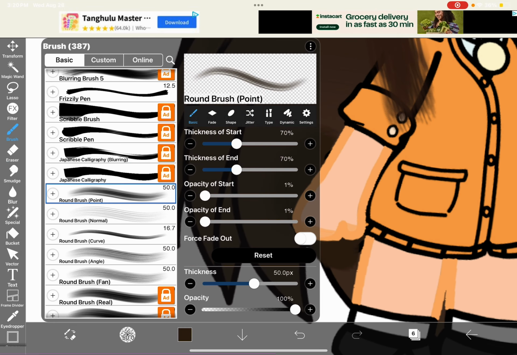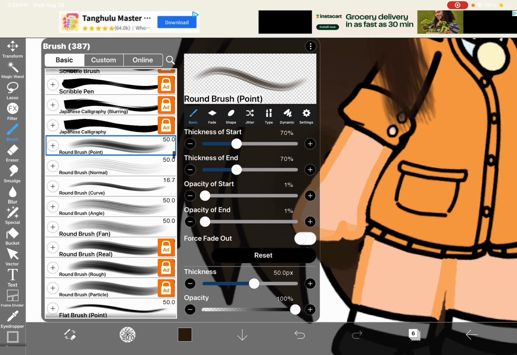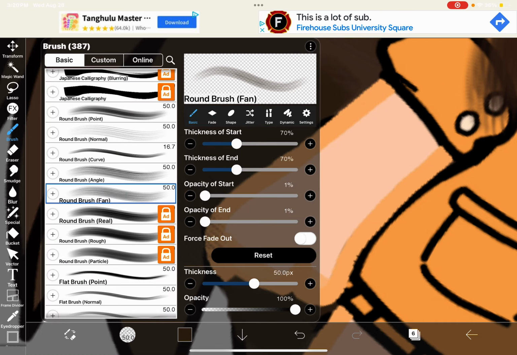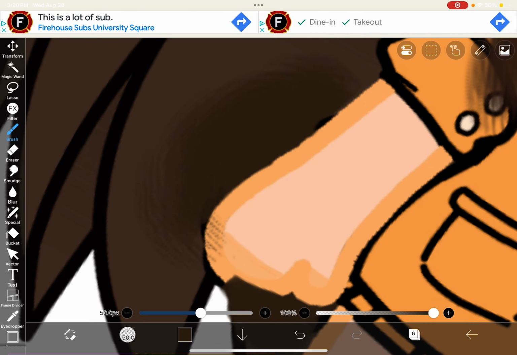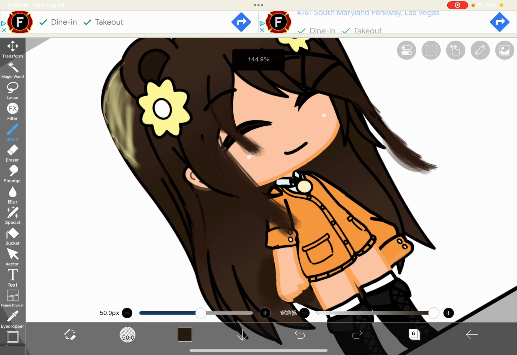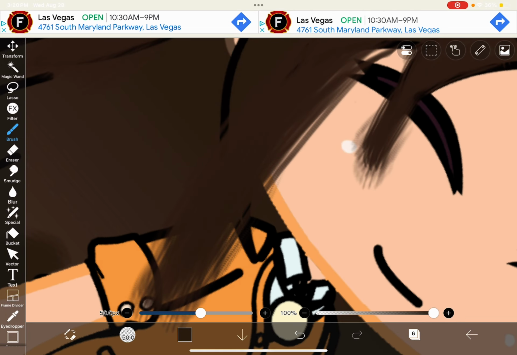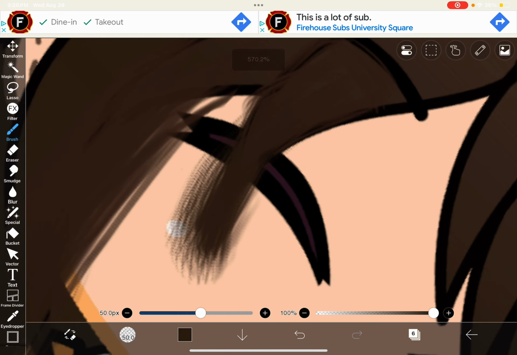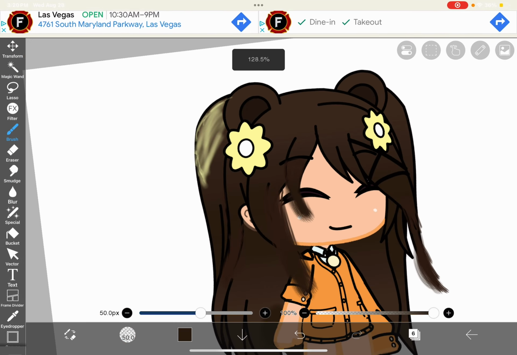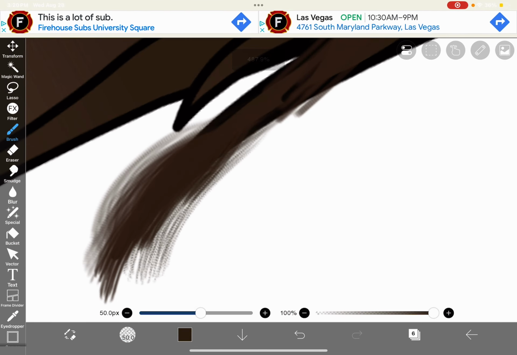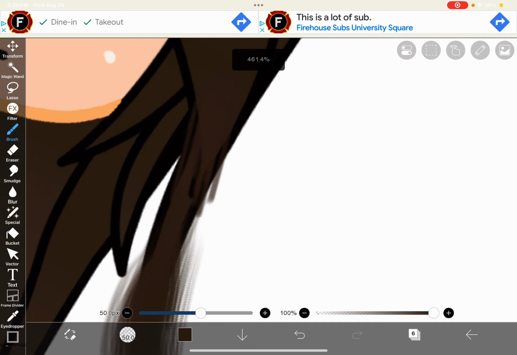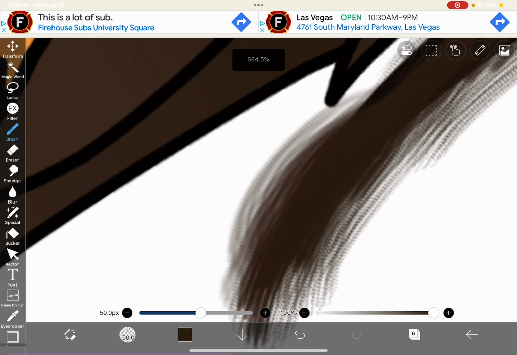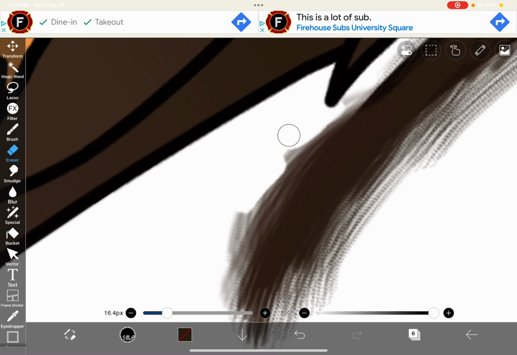Alright, now we can go back to other hair. So we're gonna grab that one, and then I will kind of sort out the hair particles with a way more straight one. That's a lot of hair particles, and you're probably like, why do you need so many hair particles? Because then it will make it look more realistic. Now if you made it too thick, just erase